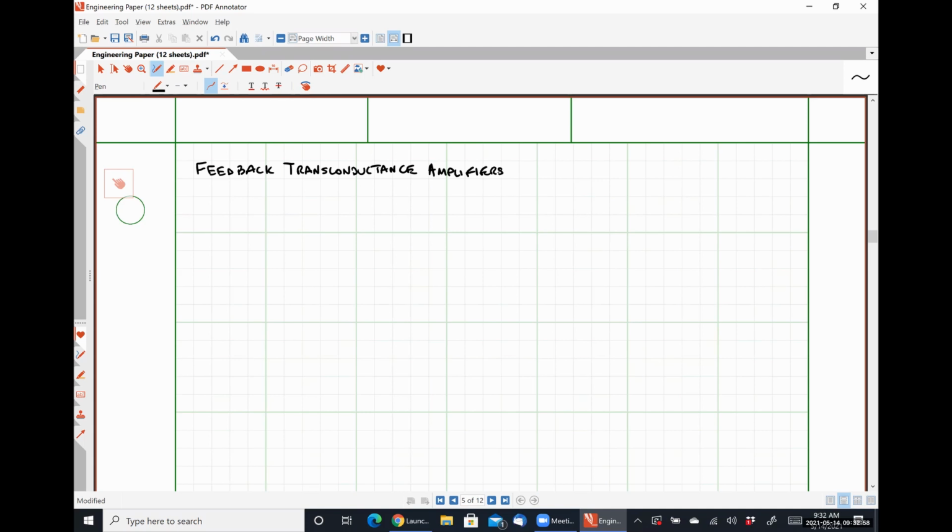So in a feedback transconductance amplifier, well, actually, let's talk about what a transconductance amplifier does to